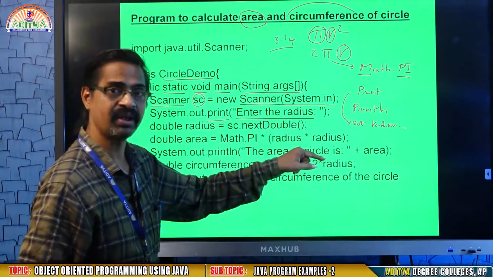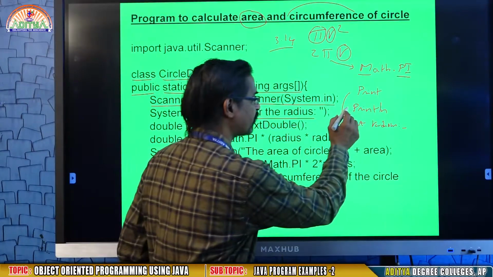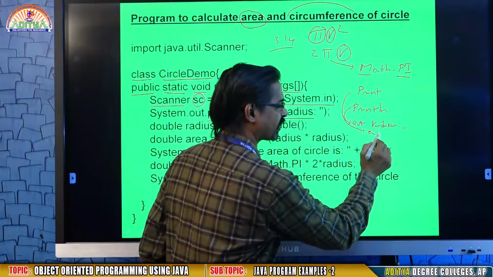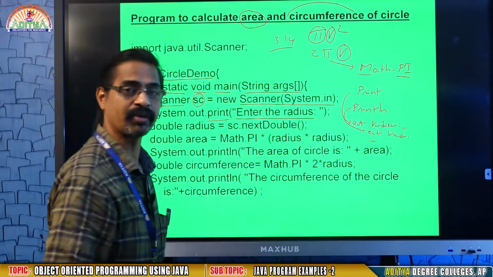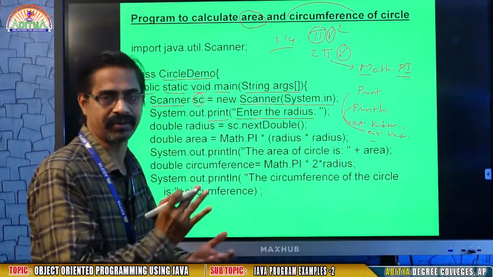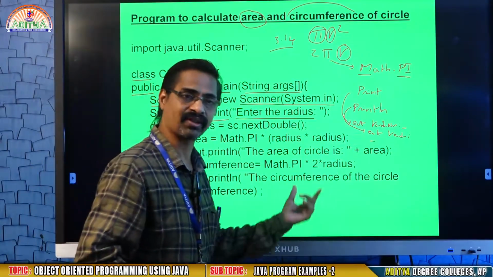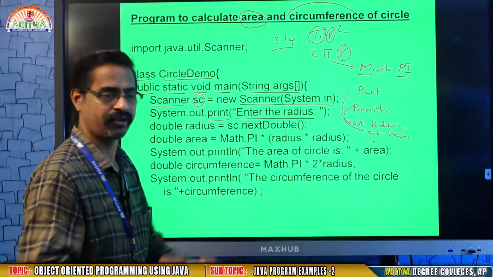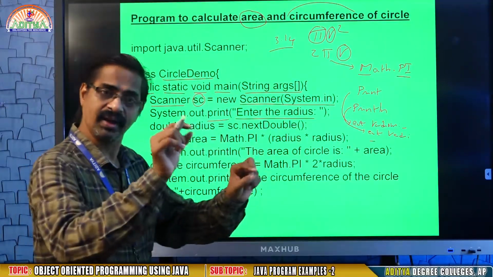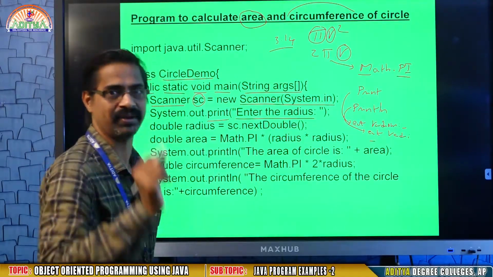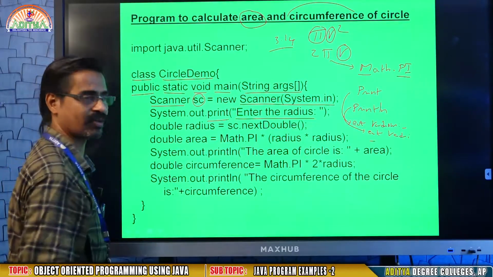That means in the same line it waits. Whereas println means after showing enter radius, the cursor will come to the next line. That means automatic enter, a new line, because ln means line. Both methods belong to the System class.